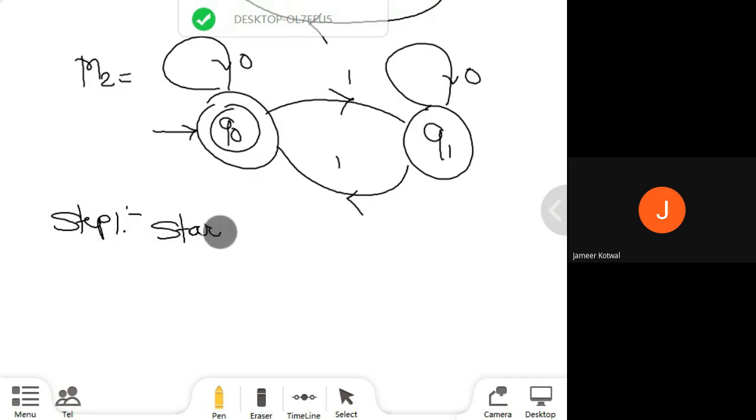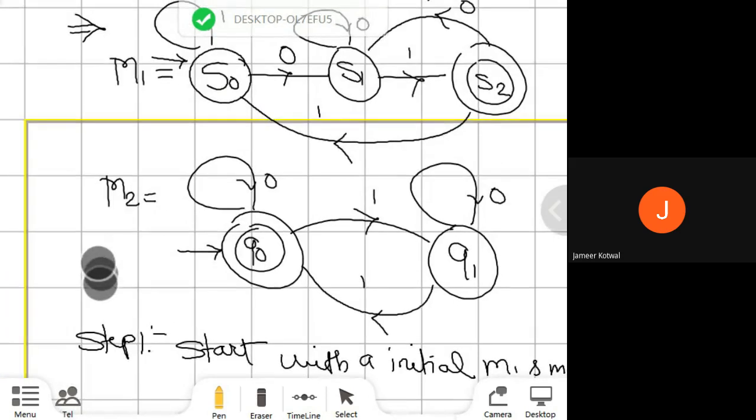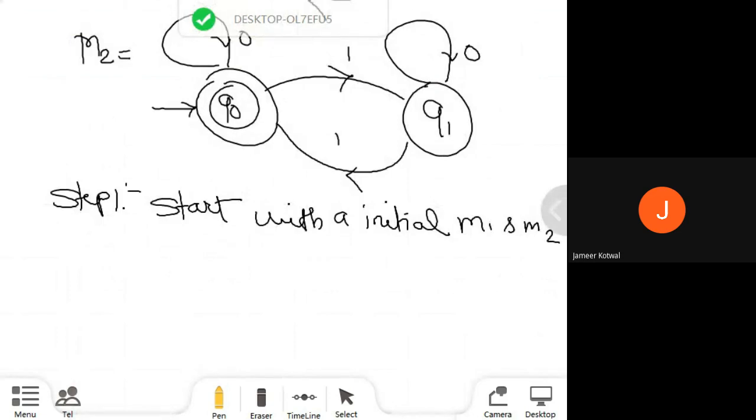जे आपण इक्विव्हॅलन्स ऑफ डीएफए मध्ये बघितलं होतं ते स्टार्ट विथ अ इनिशियल स्टेट ऑफ मशीन M1 and M2. तर मशीन M1 चं इनिशियल स्टेट काय आहे, तुमचं S0 आहे आणि इनिशियल स्टेट ऑफ मशीन M2 that is Q0. So we having S0 and Q0 as initial state, बरोबर. आता स्टेप नंबर 1 मध्ये